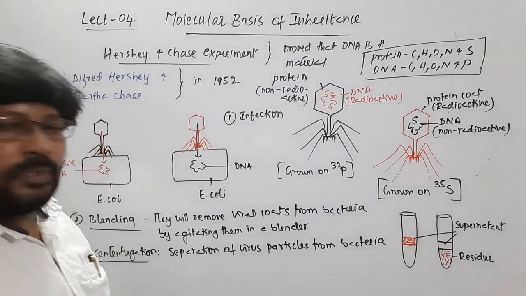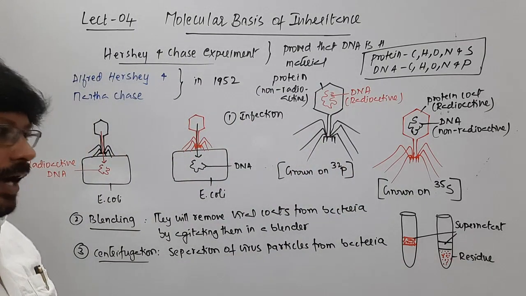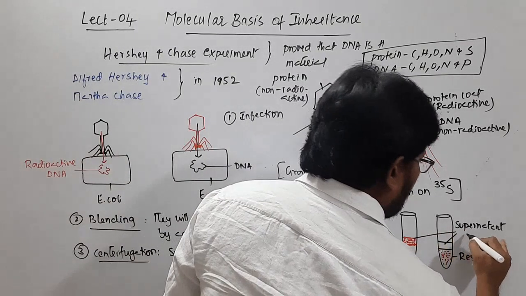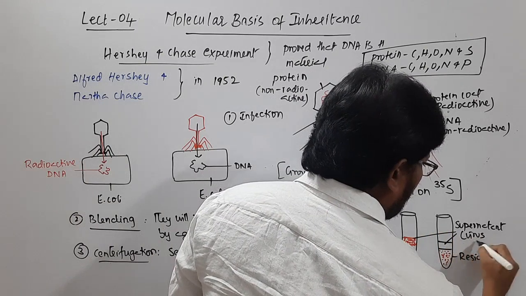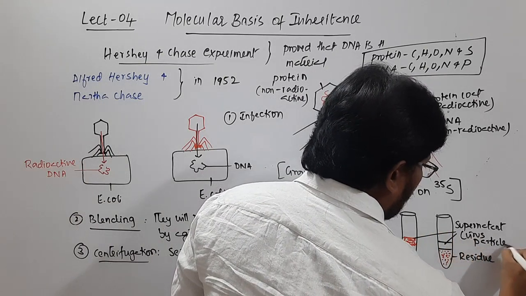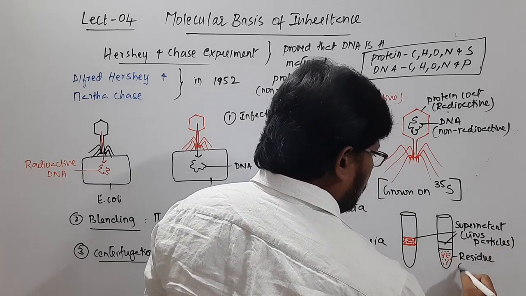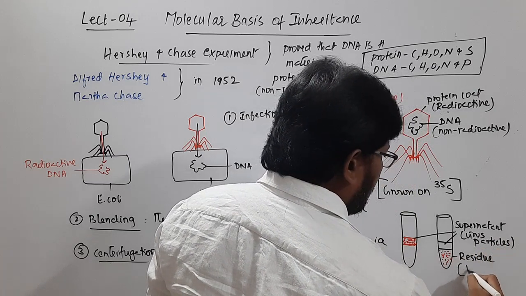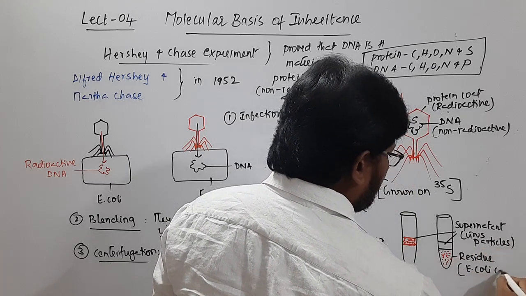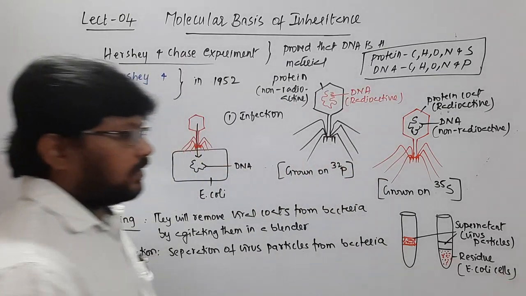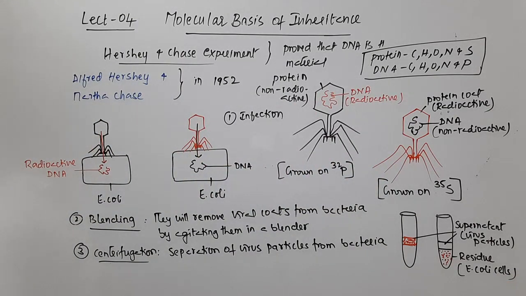The supernatant will have the virus particles, and the residue will have E. coli cells. Now, the test tube that is centrifuged, having E. coli